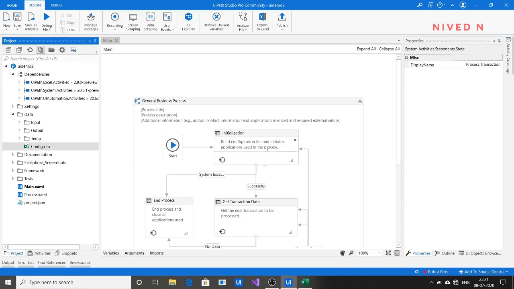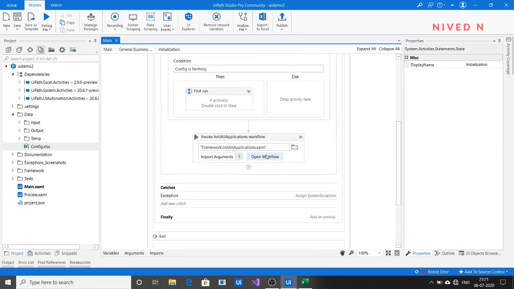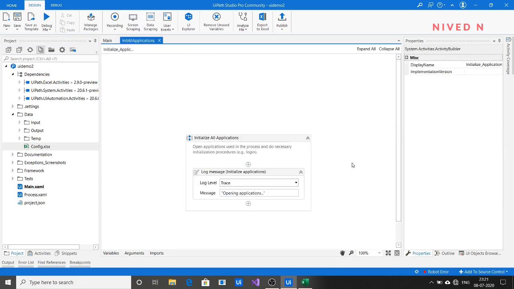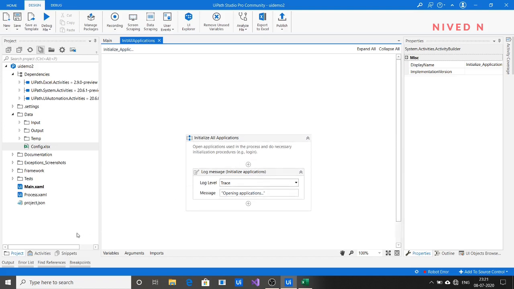So go to the initialization state and open the InitAllApplications workflow. And here we have to type the login credentials and log into the UI demo application.